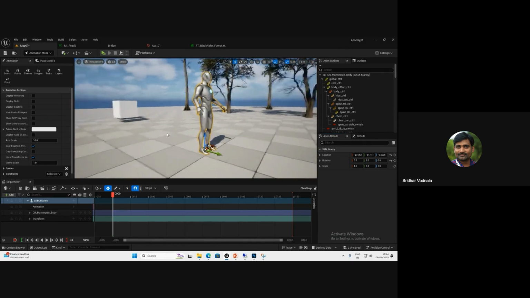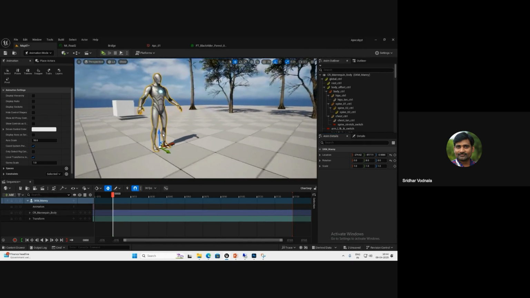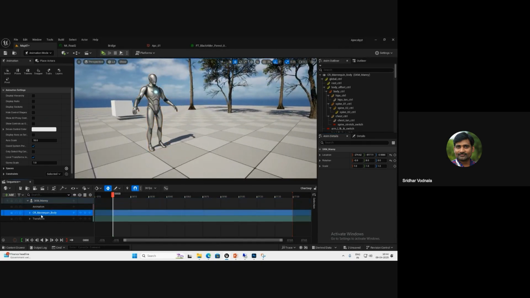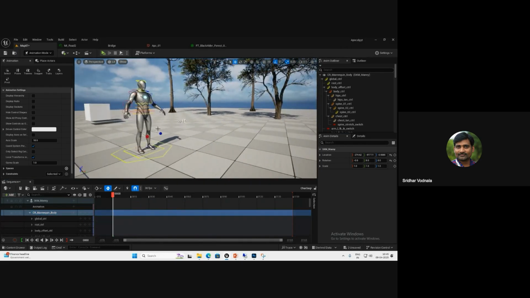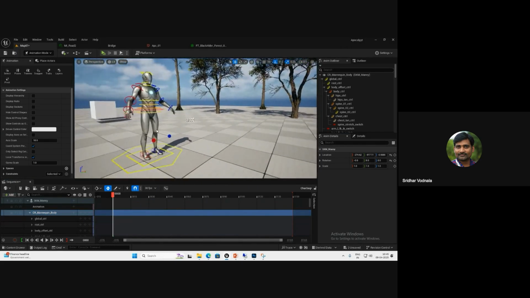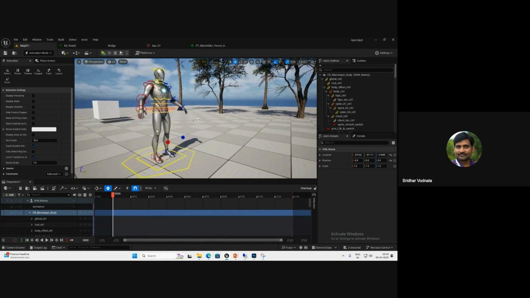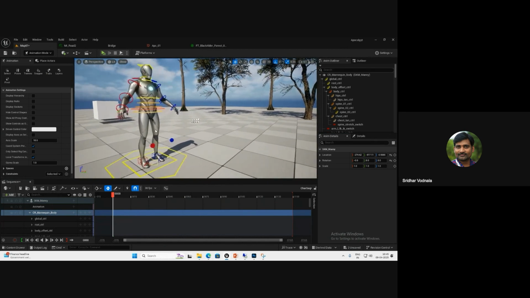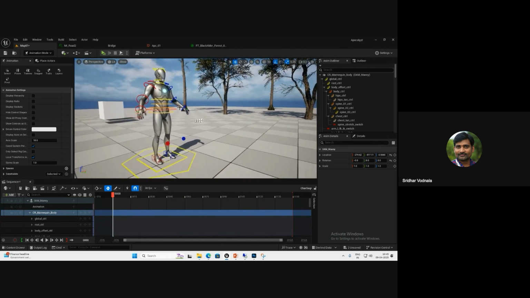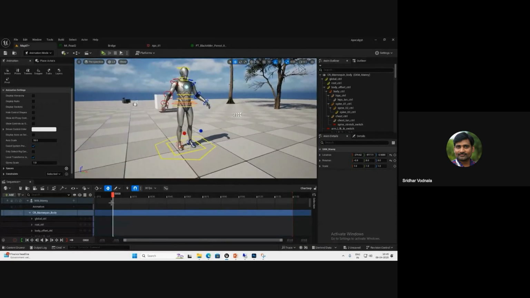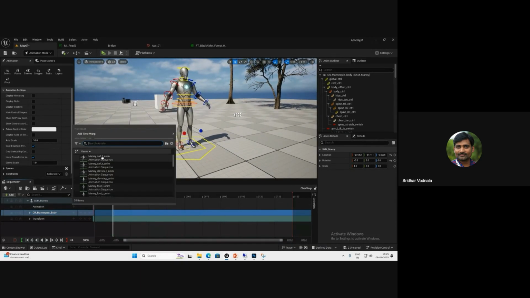Okay, so here if you want to do some controls for your animation, here we have the mannequin body. I think I press G. So there you can have the other control rig where you can do the animation also. Okay, you can control the things. Okay, so for example you want to